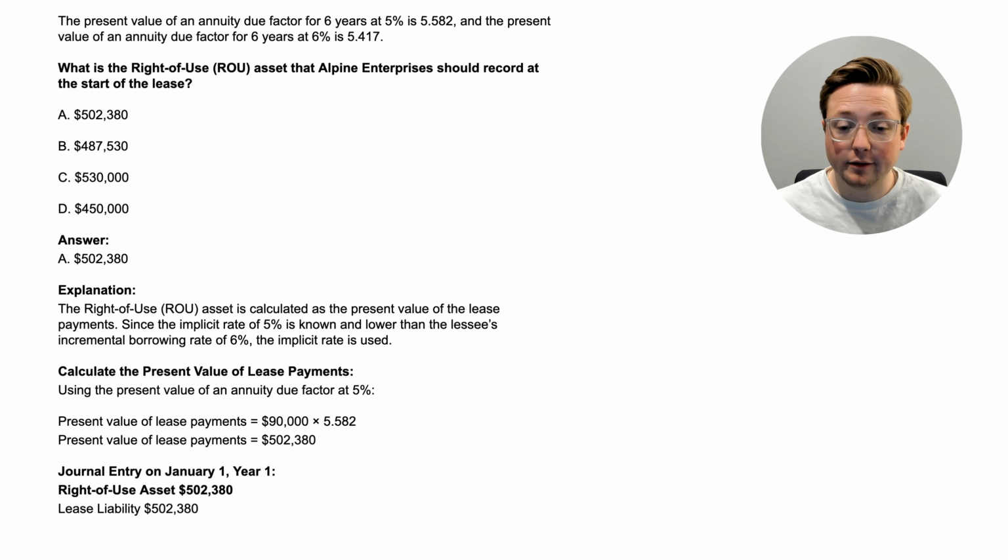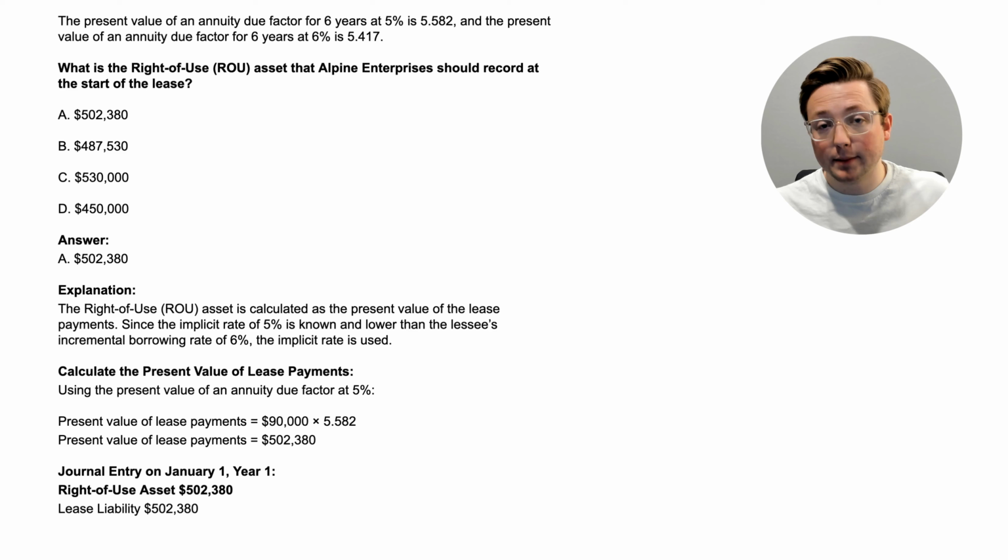Since the implicit rate of 5% is known and lower than the lessee's incremental borrowing rate of 6%, the implicit rate is used. So we go ahead and do what we've done in all the other questions. We calculate the present value of the lease payments. We use the present value factor of the annuity due at 5%. So we calculate that as $90,000 multiplied by 5.582, and that gives us $502,380. So that is the amount of the lease liability, and that is also the amount of the right of